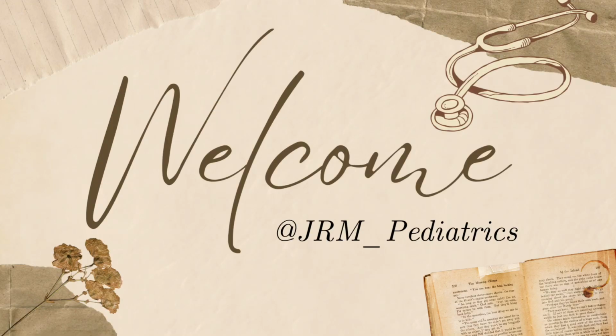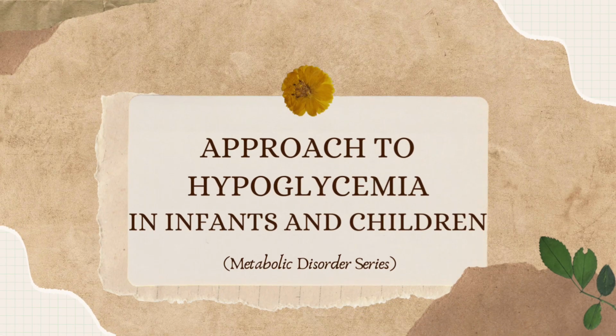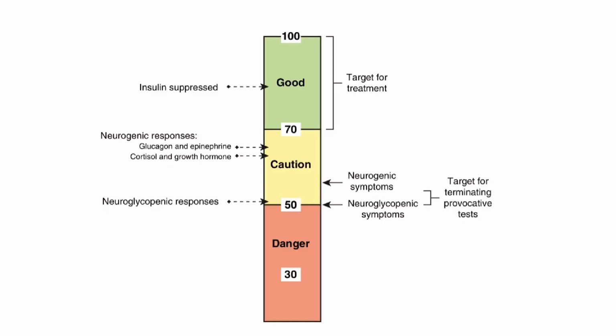We are starting a new series of videos called the Metabolic Disorder series, and the first video in this series is Approach to Hypoglycemia in Infants and Children. In this video, we are basically going to learn an approach. Not exactly everything from Nelson, but I have included important tables, and I have also made a table so that it is easier for us to approach cases in a real life scenario